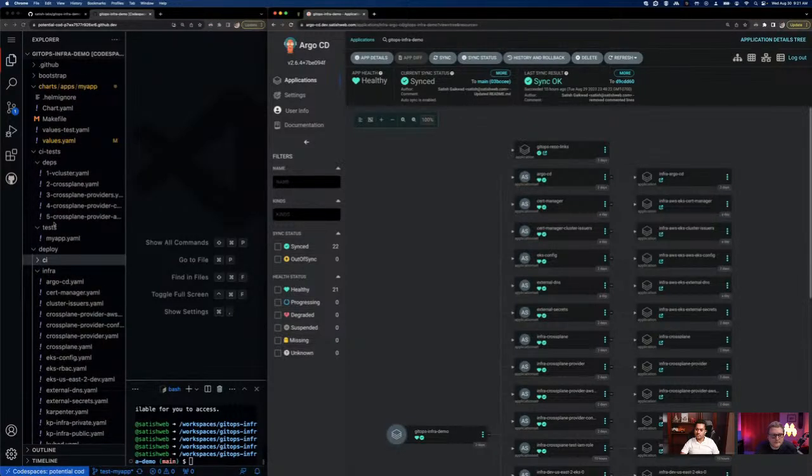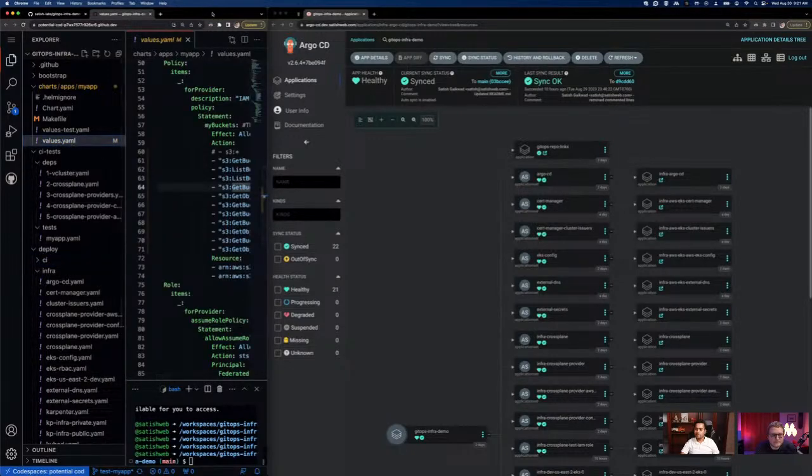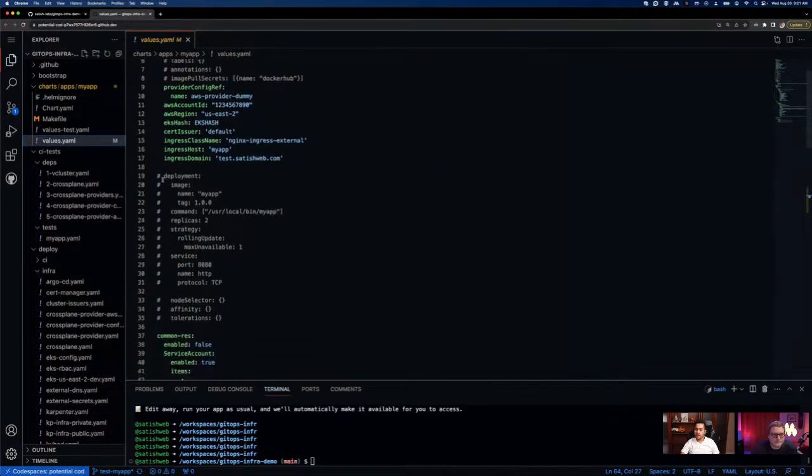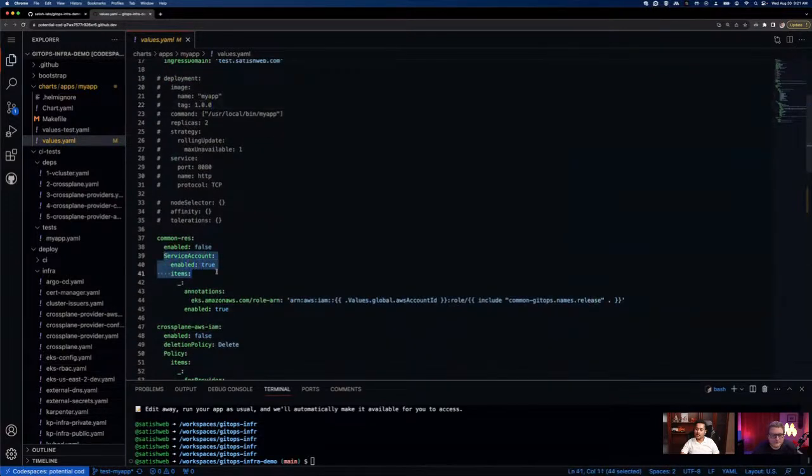Now, if I make a change to the application, and that application is right here, inside charts, I have my app. This is the Helm chart. This Helm chart deploys an application. It creates a deployment with some image that has all the business logic that needs to run and process the data. And then I'm creating a service account to associate with the pod, the container launched for my application,